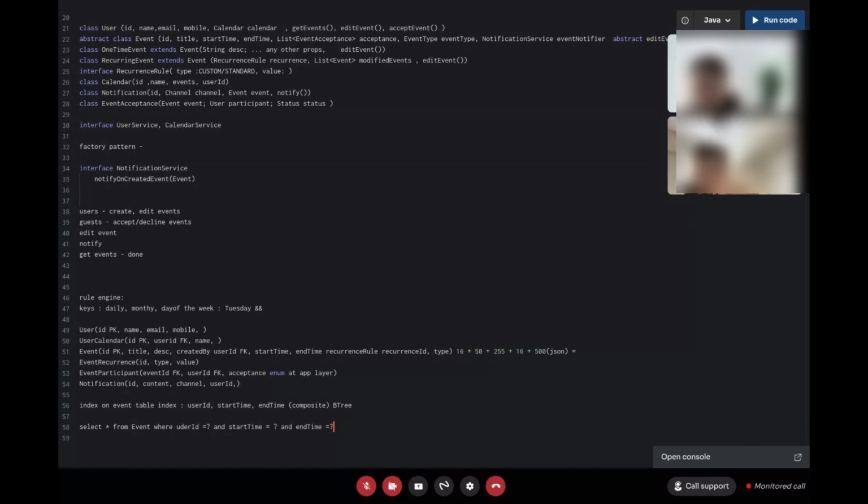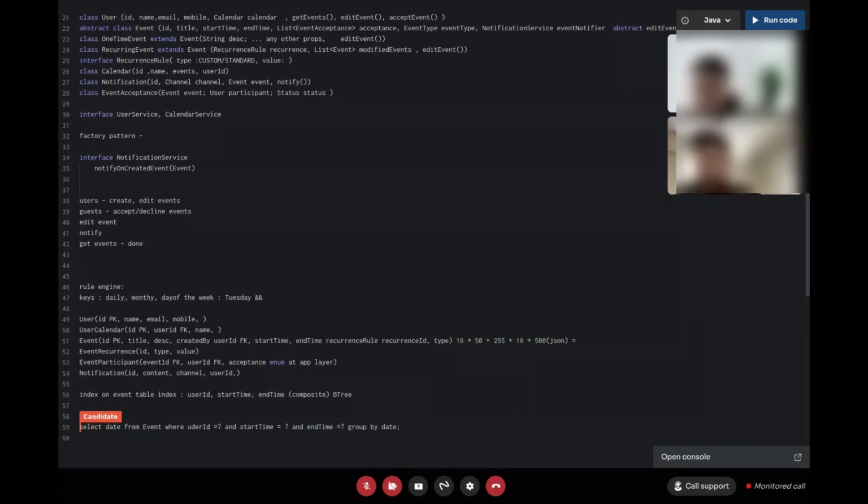Okay. I think then multiple queries would be required, right? Or then there would be this one date. Let's say I do a group by date, and there are certain SQL functions which will do some modifications here, but it would be something like date, and let's say I don't need a count as well, right? So I'll do this, and then there would be something like